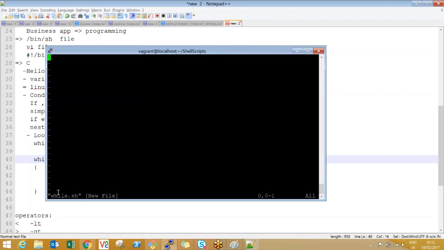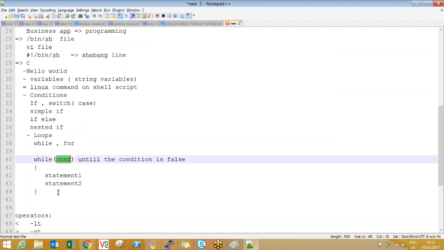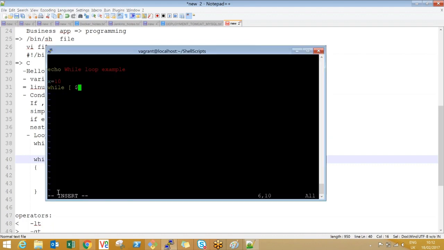Now let's see an example first. Echo while loop example. x equal to 10. While, the syntax in shell scripting, guys, is like this: $x is less than 1, do, done.